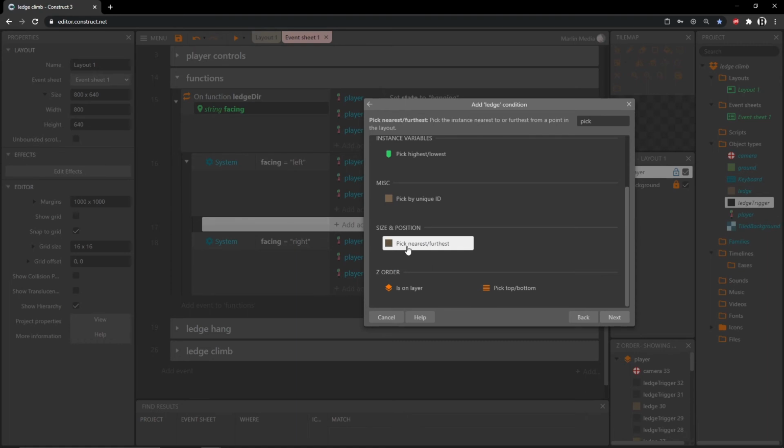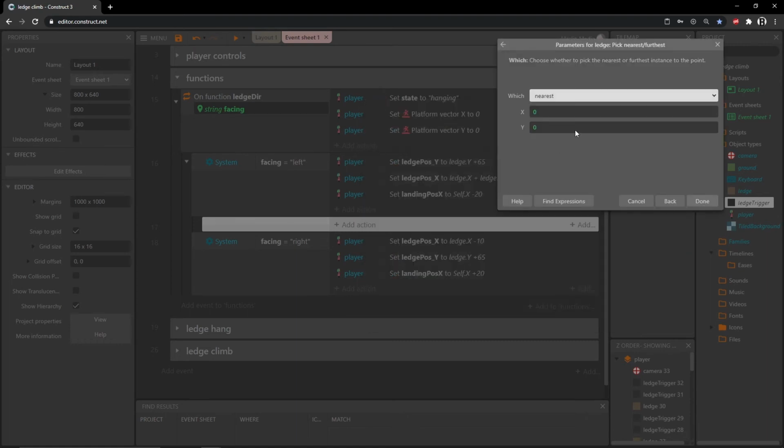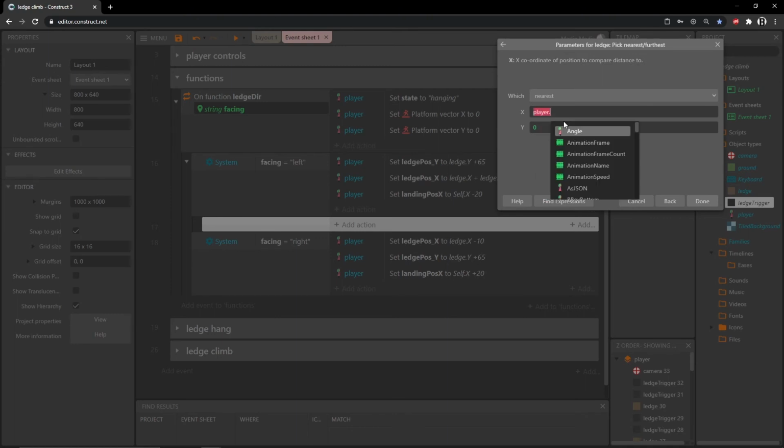I want pick nearest or furthest. And I want to pick the nearest object to the X and Y point of where our player is. So for the X, I'm going to type in player.x, and for the Y, player.y. Now, to reassure that it is the one closest to where our player is, I'm going to tell it